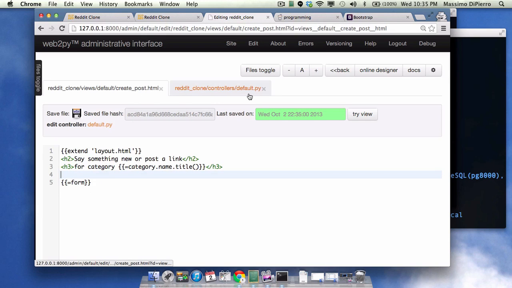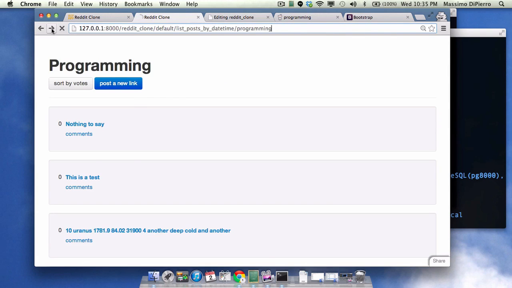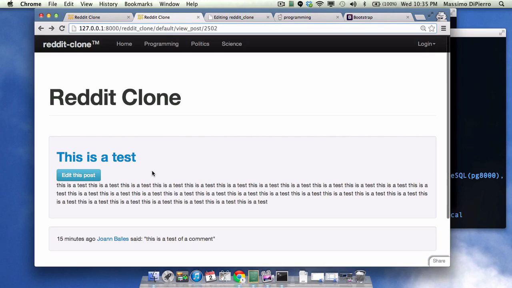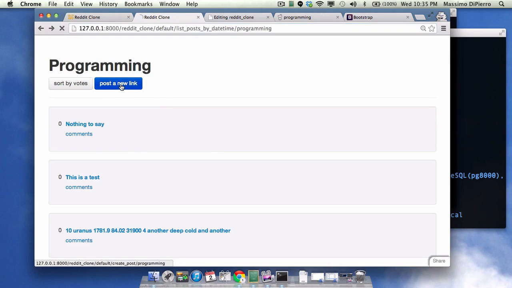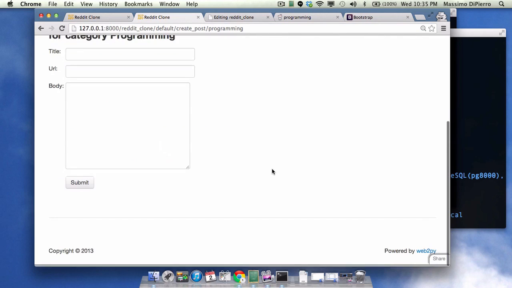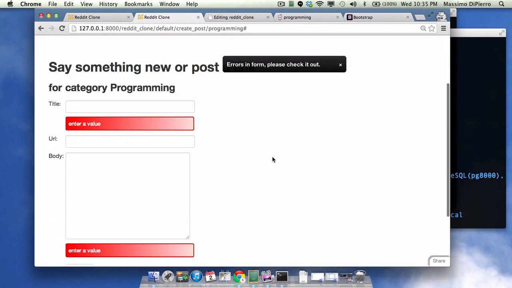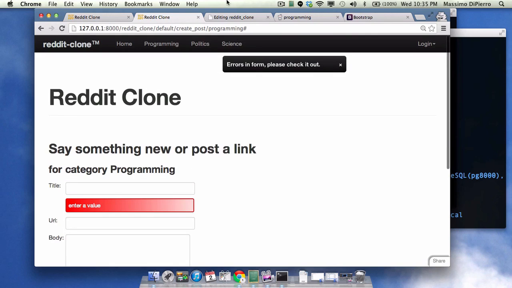Let's see how this works out. I need to go in creation mode. There. Okay, so something about a new link for category programming, and so this part is fine, and I get all the validators and everything I've done before. Okay. Now